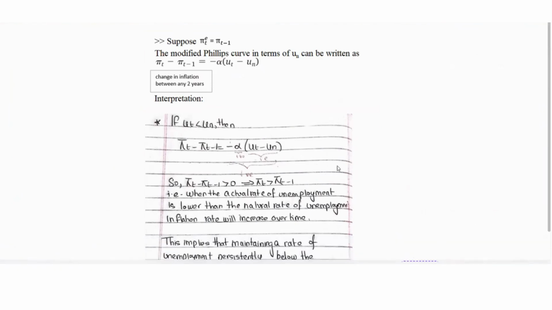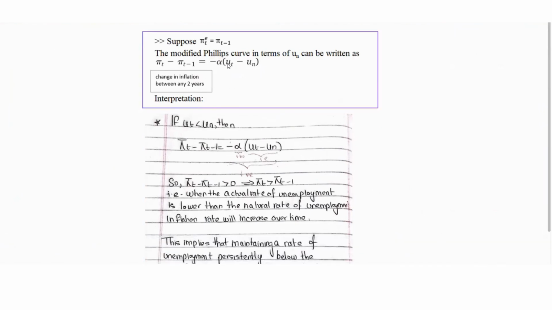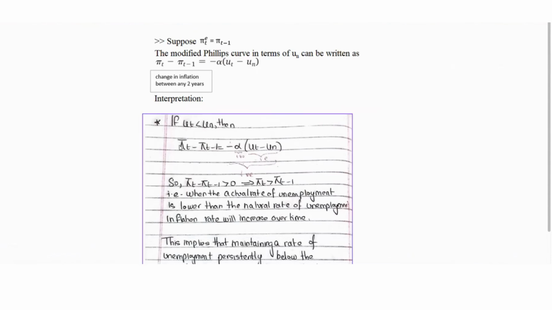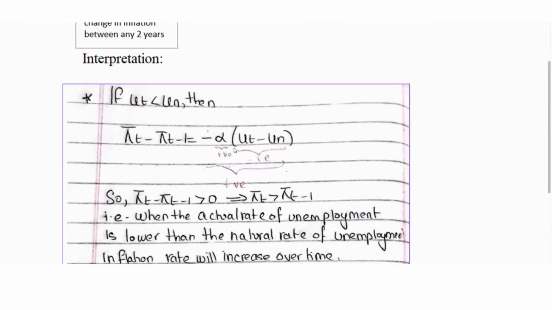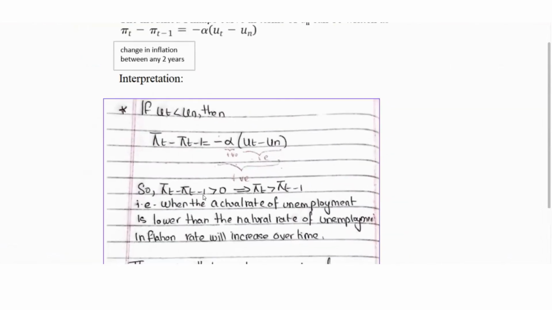Similar to the original Phillips curve, we can look at the interpretation for this as well. If ut is less than un, then pi t minus pi t minus 1 is minus alpha times ut minus un. Ut minus un is negative, because ut is less than un. Alpha is a positive parameter. So this is minus, plus, plus: minus times negative is plus, and this is also plus. Overall, this is positive. So pi t minus pi t minus 1 is greater than 0, which means that